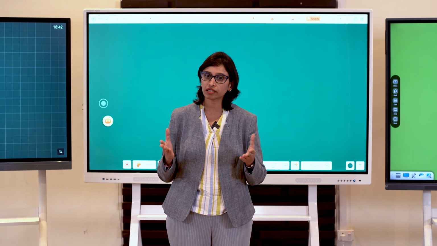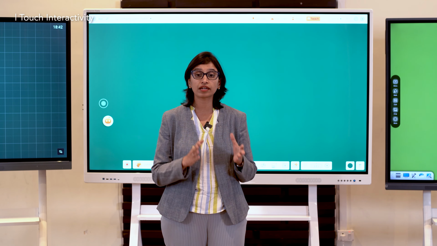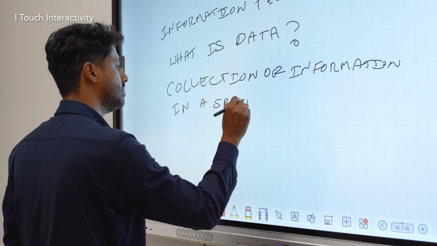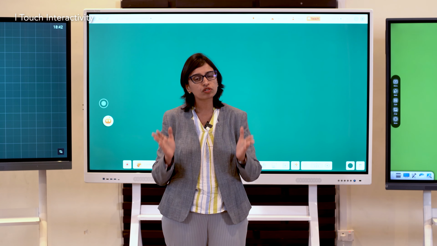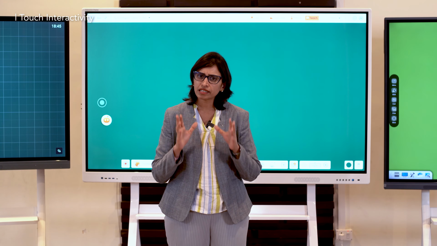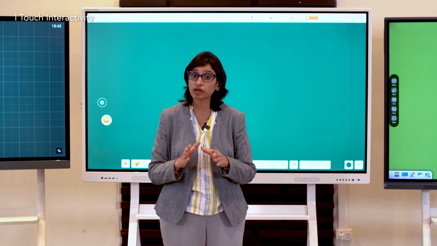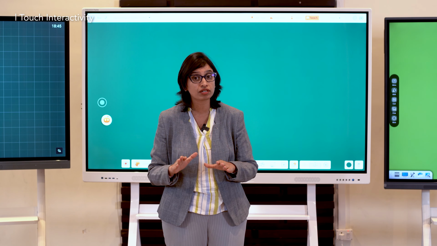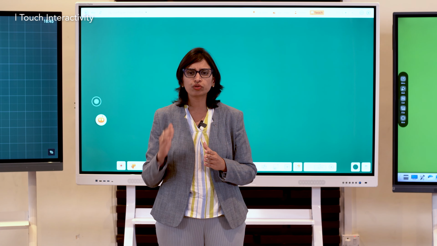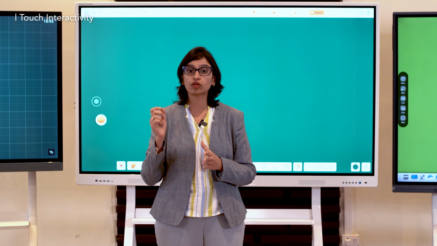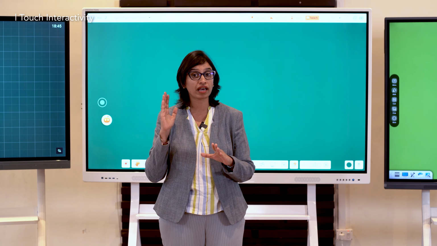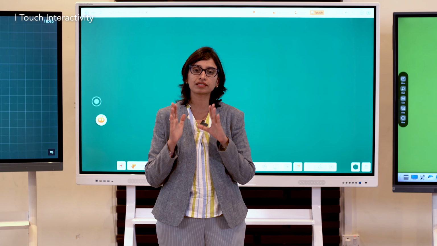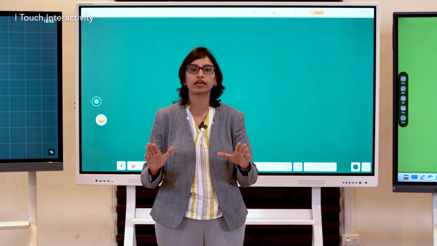So when it comes to the interactive displays, they are not like the regular TVs that you can control remotely. Teachers typically stand in the front of the digital board while they are teaching and use it like a whiteboard. So smooth touch performance is very important. Many teachers who are using the interactive displays have expressed that they have a laggy touch performance because their pen trails behind their writing and this disrupts their teaching experience. Teachers are used to having a seamless writing experience on the whiteboards where they have no lag, and if they have any lag when they are using the digital displays, they completely stop using it. So having a seamless touch performance is completely non-negotiable.